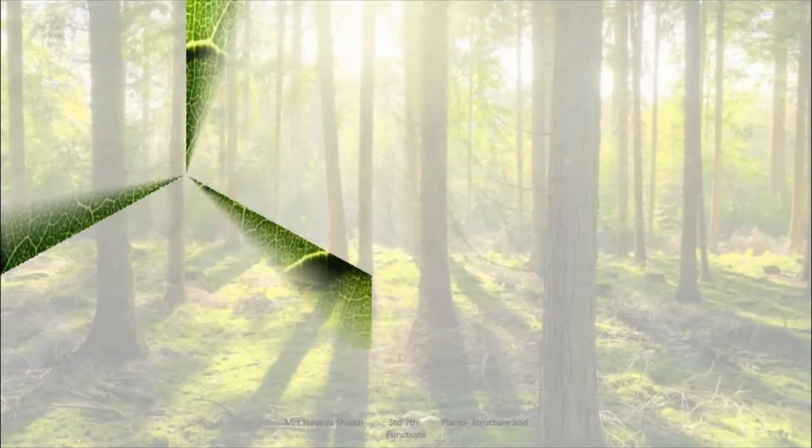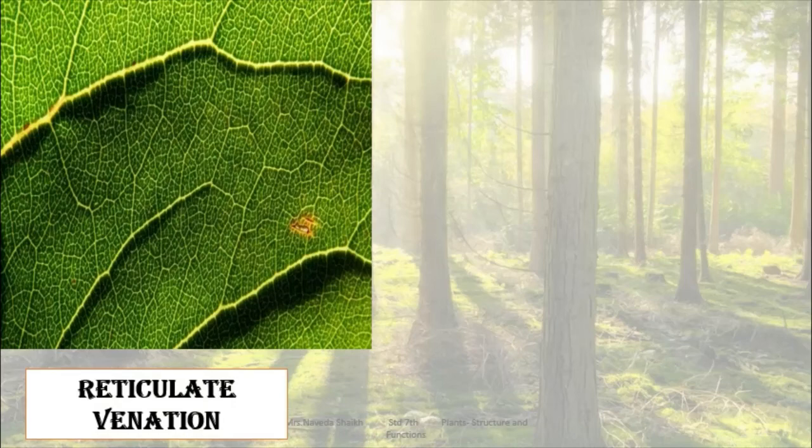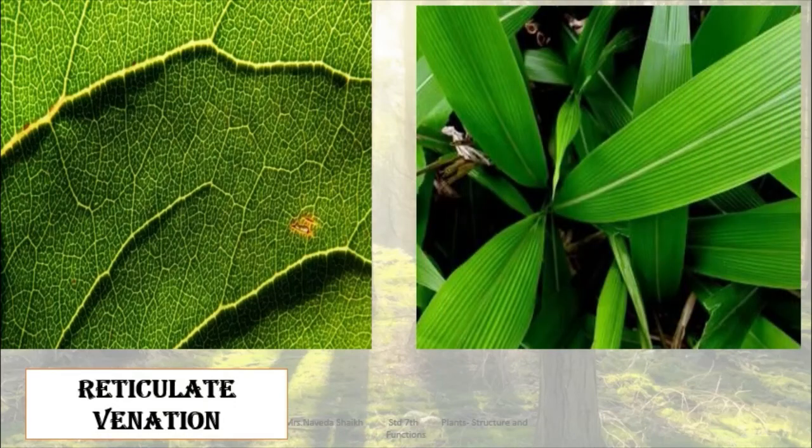So we have learned about venations, right? Here in this leaf you can see the veins are interconnected to each other. It looks like a web, like a spider web that you see. These veins that are interconnected and jumbled up together are called reticulate venation. On the other hand, here you can see leaves which have veins which are parallel to each other, and from the midrib also they are parallel to each other. Such type of veins in the leaf are called parallel venation.